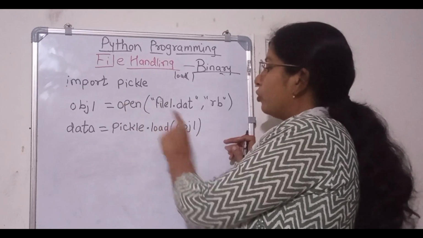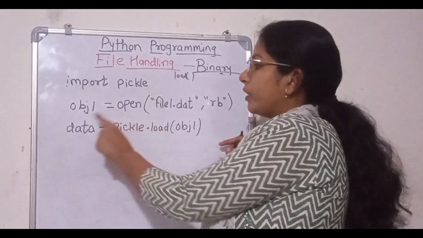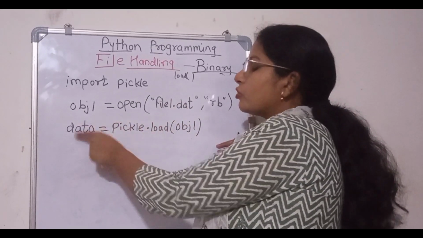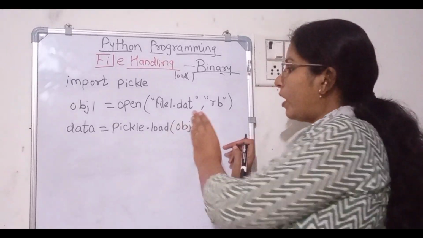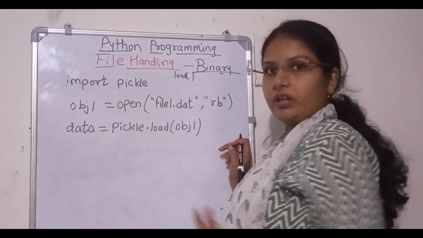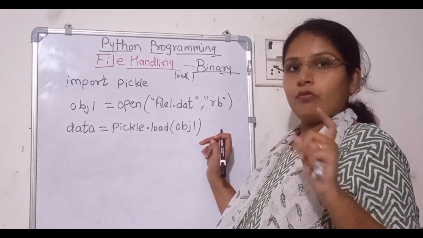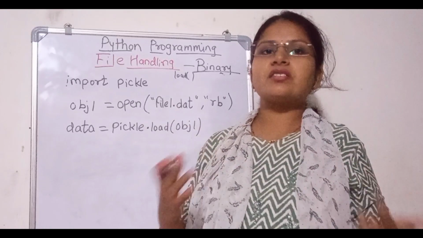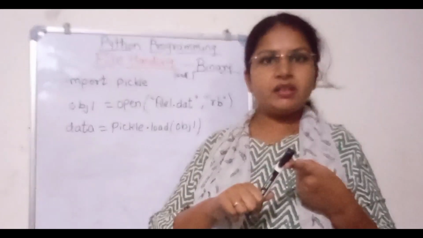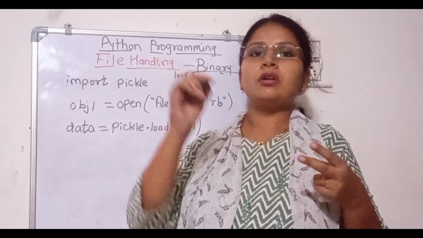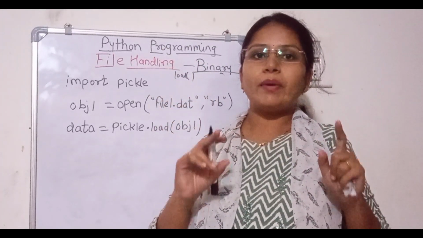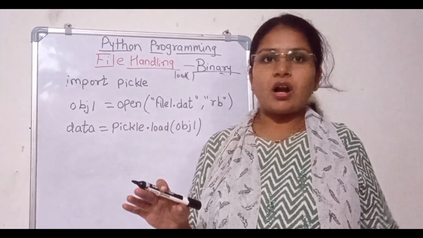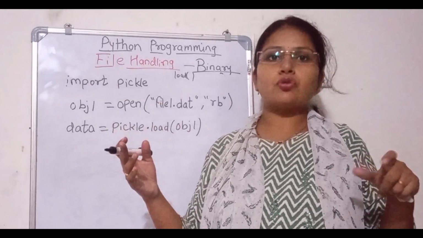So in load, what will you do? You will load the file object into data. That means the content of this file will be loaded to the data. That's it. You have just copied the content to the data. Now your data is ready with the content, whatever content. And see, with the help of pickle module, the conversion is done. While dumping the data and while loading the data, in both processes your conversion is automatically done by the pickle module. You don't have to do anything extra to convert or to inverse the process.